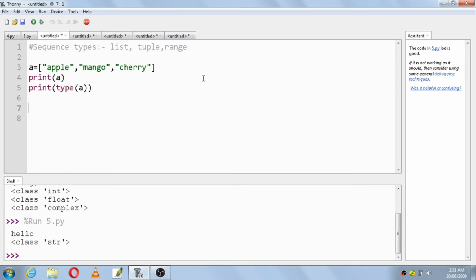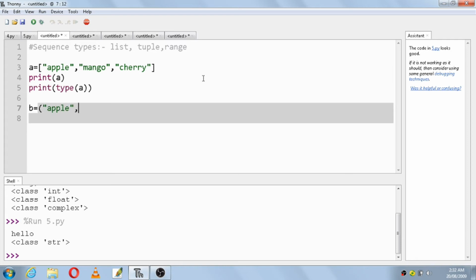Once this is done, we'll take some more variables, and there also we'll give some values. Take one more variable b is equal to, open parenthesis. In this also we'll take the same values: apple, mango, and cherry.